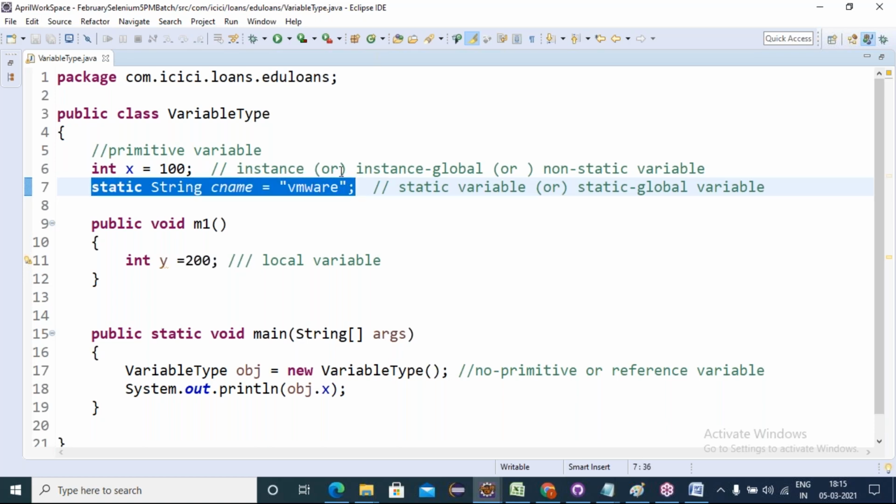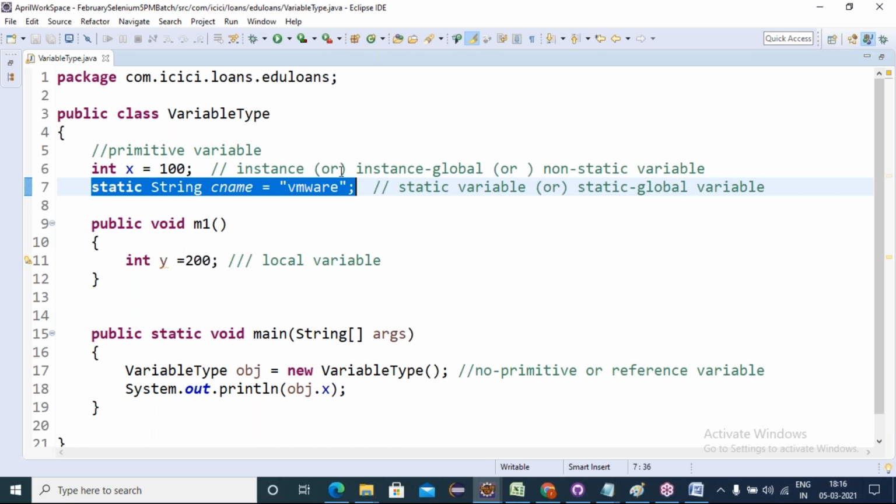One more example. We all have bank accounts at ICICI, but everyone has a unique account, so we go with an instance variable declaration. Every person deposits some amounts, x plus 1, x plus 2, into their accounts for saving purposes. At the end of the month, everyone is eligible for an 8.5 rate of interest. How much you deposit doesn't matter. That is a common rate of interest for every customer of the bank.